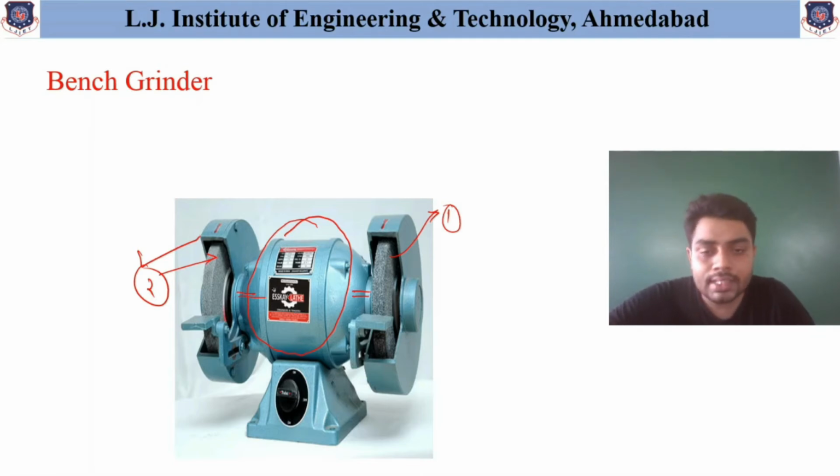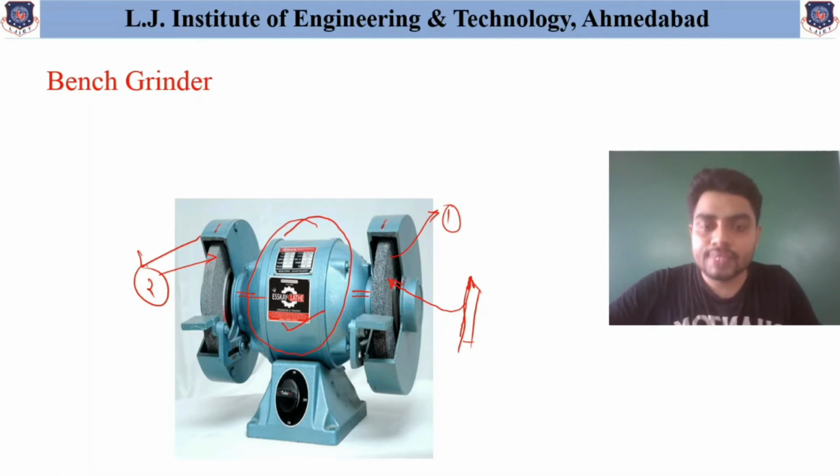In many cases, this bench grinder is used to remove the corroded part or the corroded surfaces from the workpiece. Now how does this machine operate? Simply, when we turn on this motor available inside this part, this grinding wheel starts rotating. And as this grinding wheel starts rotating, suppose this workpiece or this tool is available and the tip of this tool is blurred, then the surface of this tool is applied at the top portion of this grinding wheel.